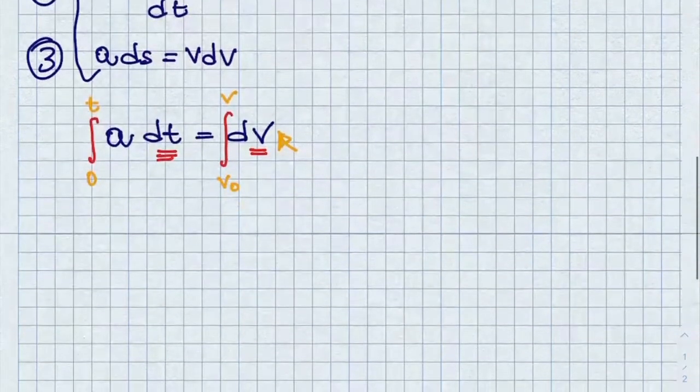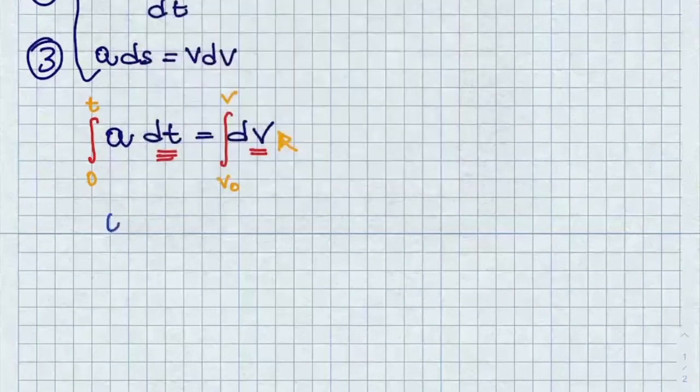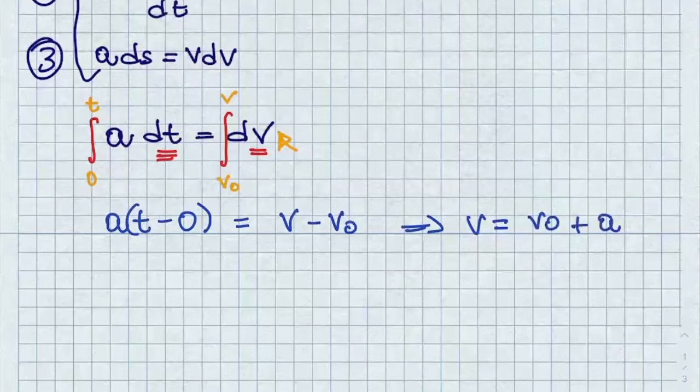So if we integrate this, we get a times t minus 0 equal to v minus v naught,